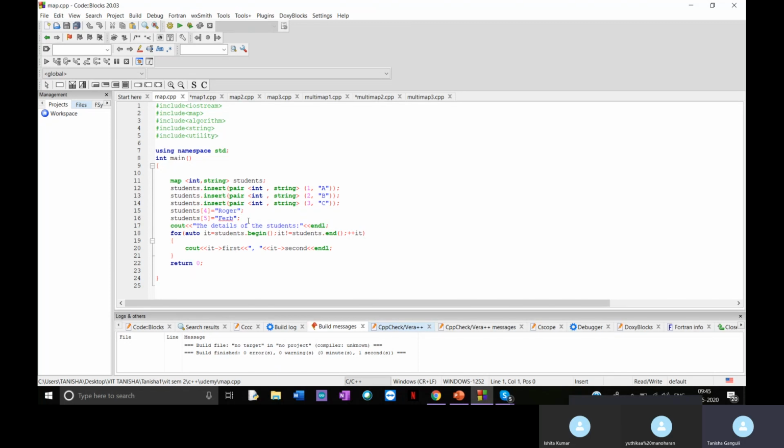And just for printing it out, use the iterator based for loop, and for cout, use the iterator arrow first. So the first field would be the key value, and the second field would be the elementary value that we proposed for this map. If we run this program,